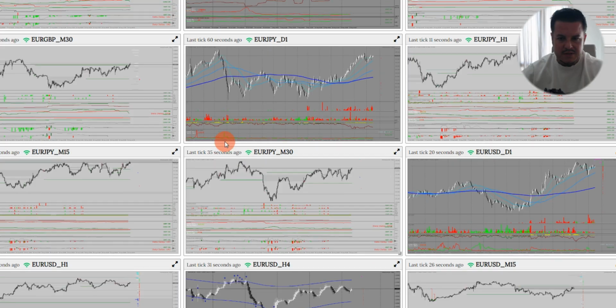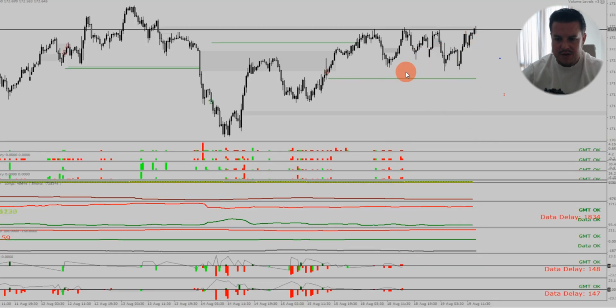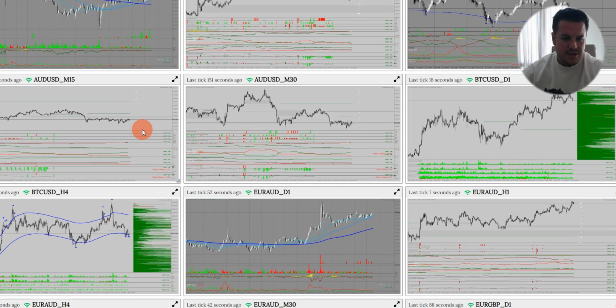Pound Aussie, Euro Aussie look pretty neutral as well. Euro Yen was nice, like it also looks slightly bearish. We see we have targets here below the low. So during the day I will consider to short down towards that, for example. That's another possibility to look at during the day.